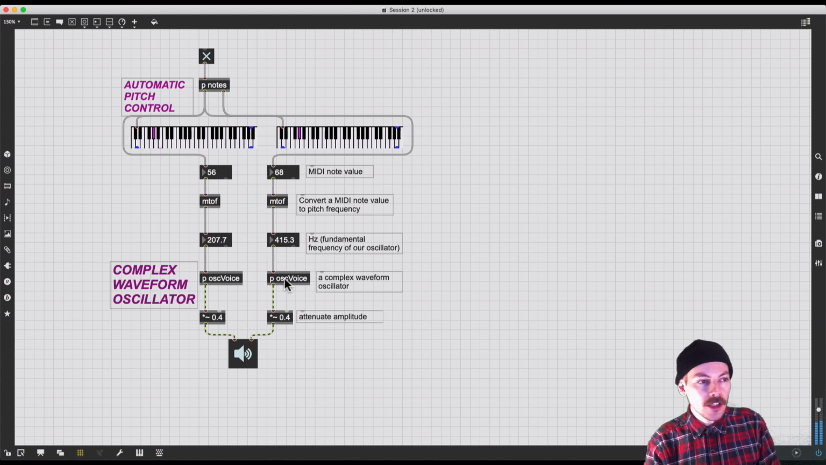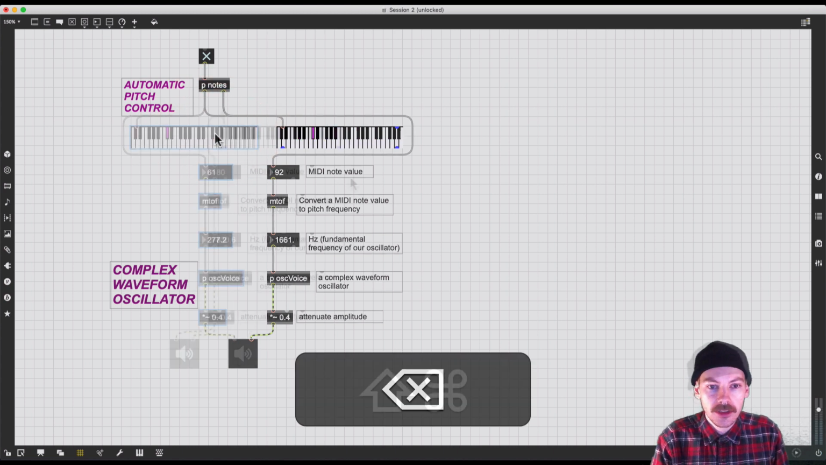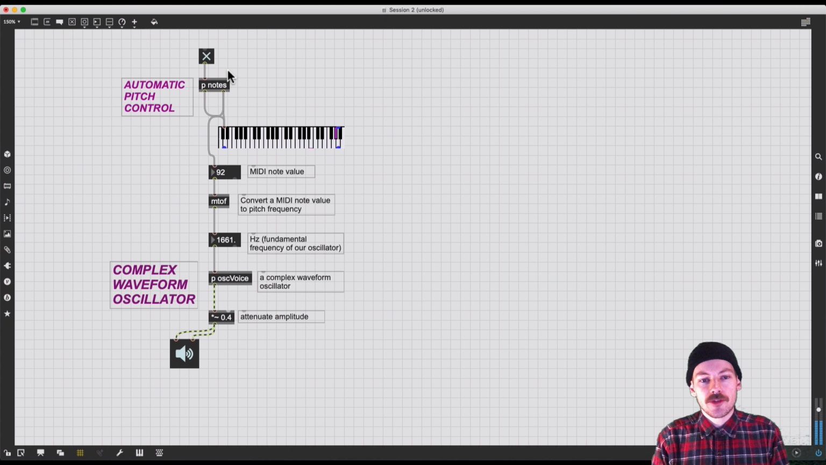A couple things. At the moment, you'll notice that this is a duophonic kind of thing, so there's two voices going on here next to each other. Just for the sake of clarity, I'm going to delete this left channel. I've got notes coming in, I'm converting MIDI notes into frequency in hertz, and then I'm sending it to a bunch of different